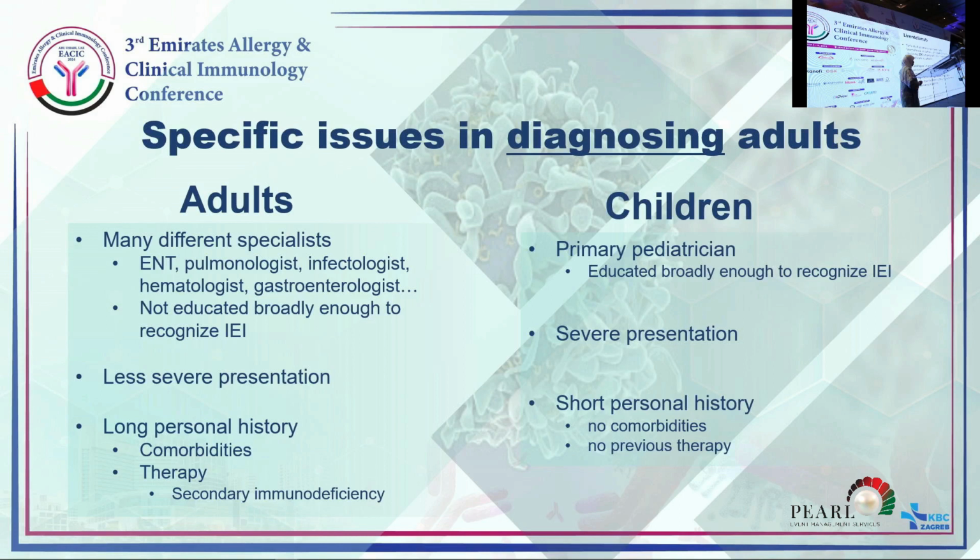In adults, another problem is that they have a long personal history with some comorbidities that arise from basically age and lifestyle. And sometimes they already receive therapy for autoimmune manifestations, which is immunosuppressive therapy, or even are treated for malignancies, like lymphoma, for example. So sometimes we are led to think that these might be secondary immunodeficiency, which is actually sometimes not true. Whereas in children, well, every child should be healthy, so they should have a short personal history with basically no